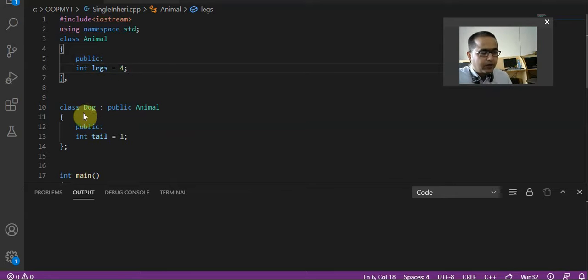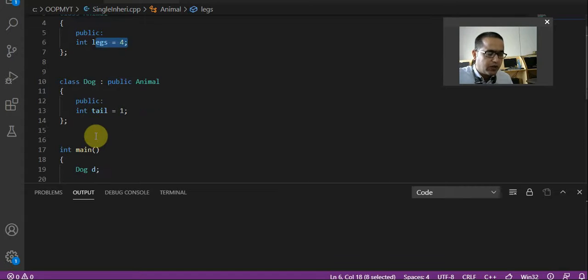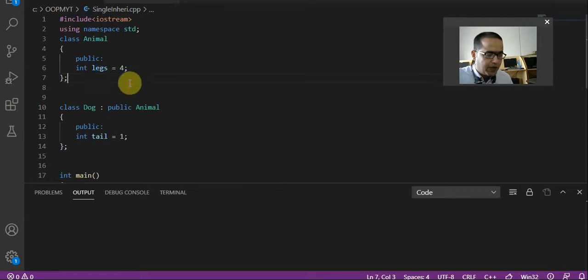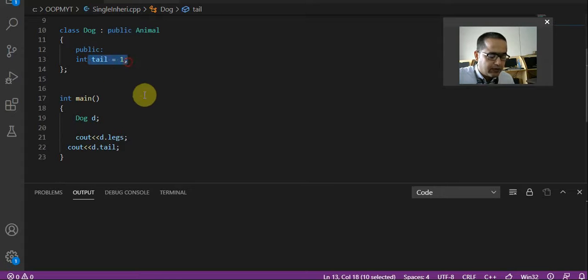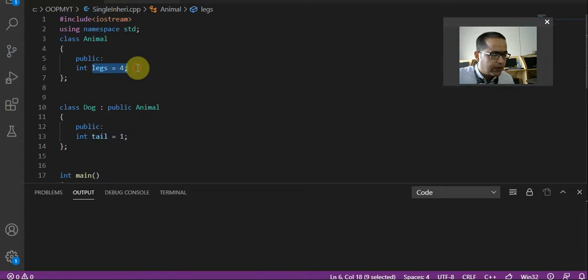If we do not use inheritance, then what will happen? We have to create int legs equal to 4 in the dog class also. But since we have declared this, and we want to use it in the child class, I created the class dog from the class animal so that I can use this thing and also this thing from the parent class.